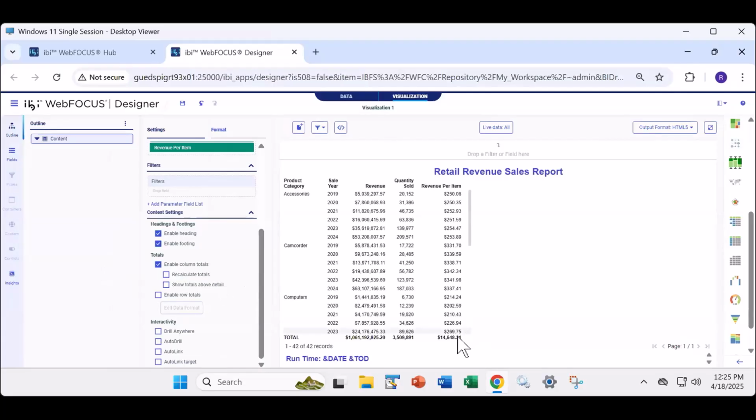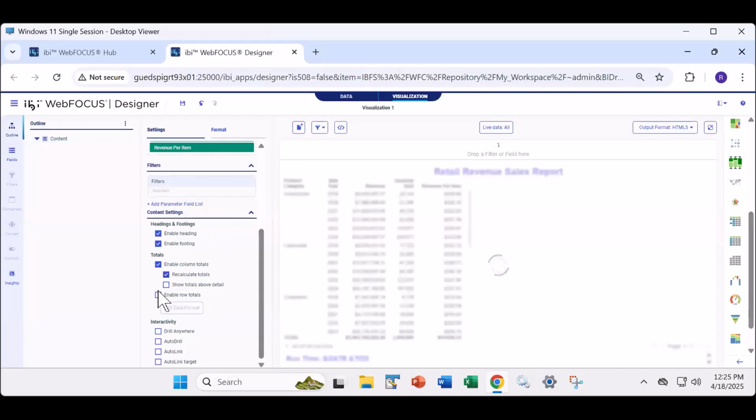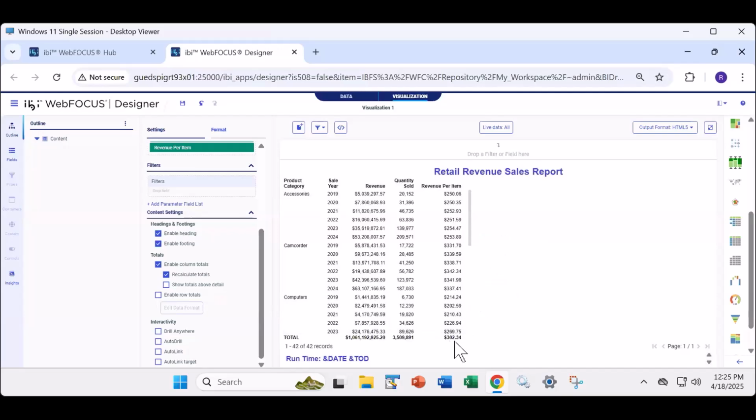But again, my revenue per item is not correct. It's just summing up the values, which is exactly what column totals do. They sum up the column. So I'm going to check the recalculate totals, and that actually recalculates computed fields. And you'll see now it's actually recalculated, and that value matches up with if you did the calculation with these two columns here. If I go to the source code,